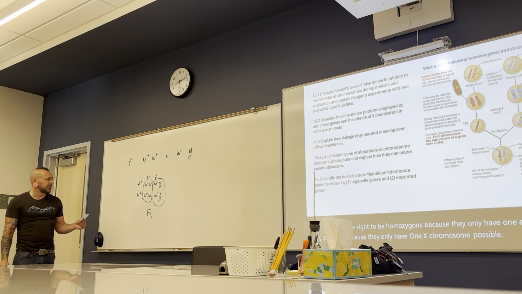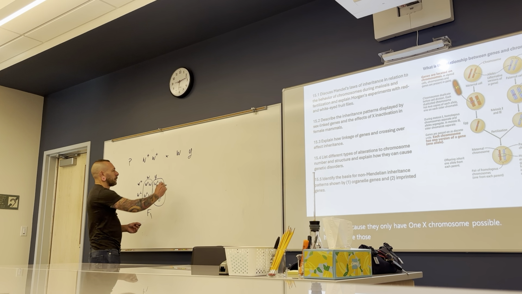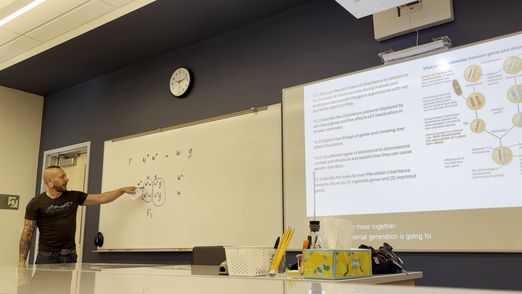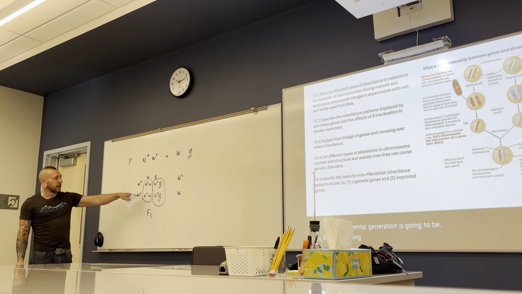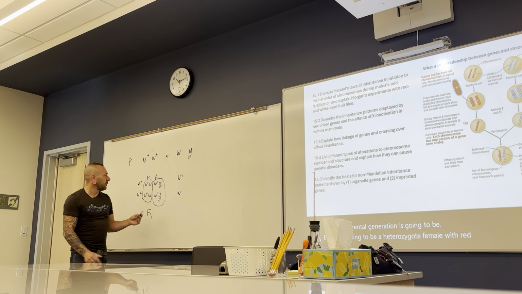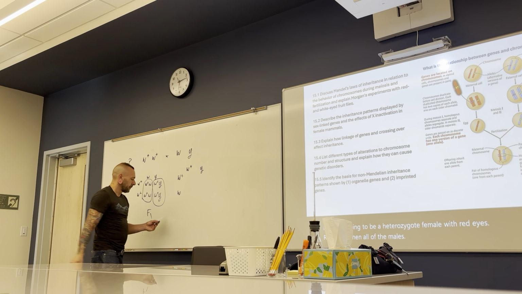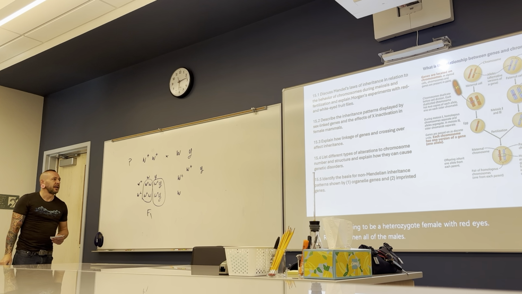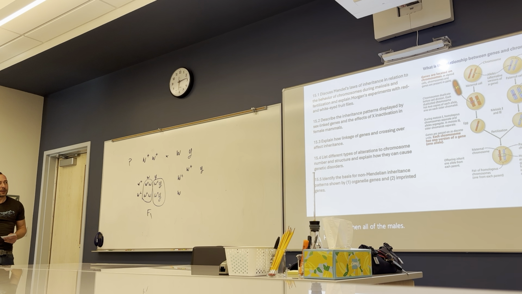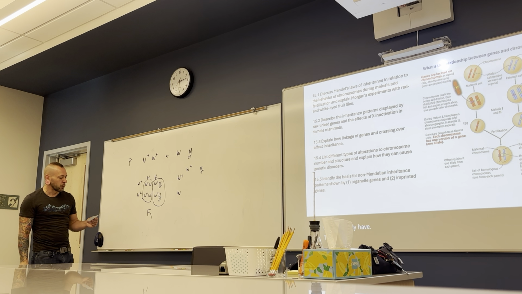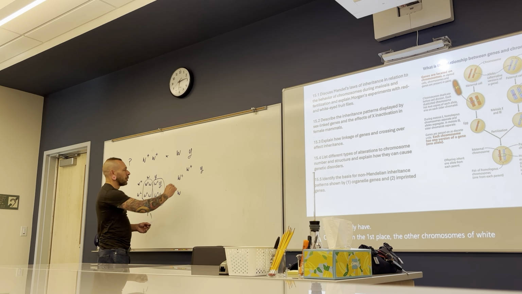If we breed those together, then our parental generation is going to be a heterozygote female with red eyes, and then all of the males have that phenotype. They only have one allele in the first place, and the other chromosome is a Y chromosome. And so what we're going to get out of this